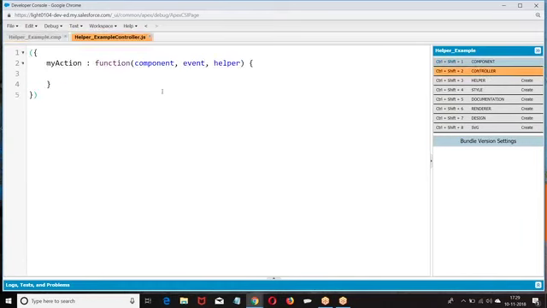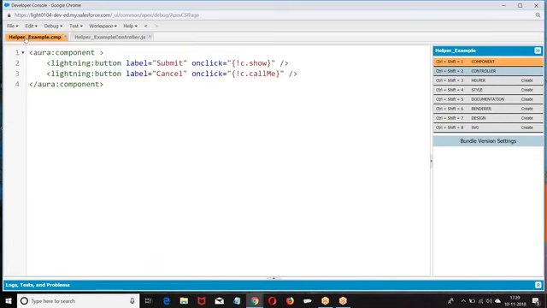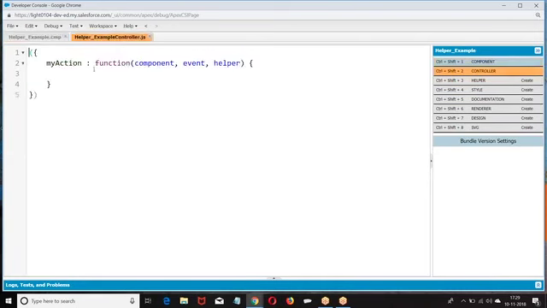I am creating a controller here. Show and callme. Right.